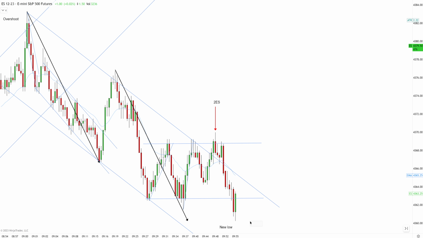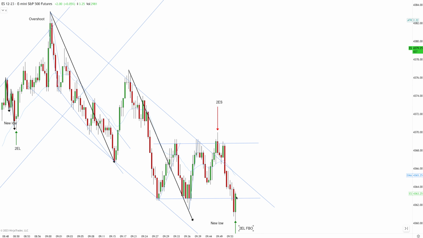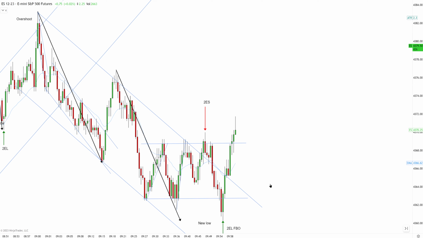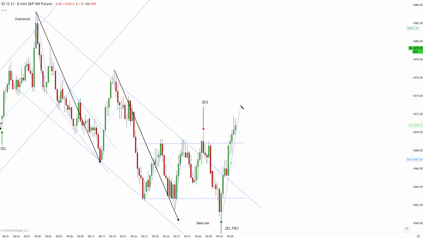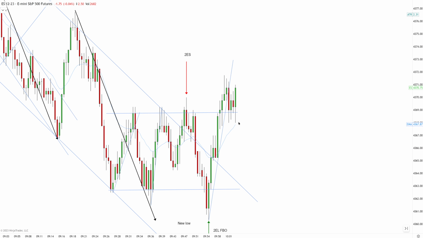So this right here is a second entry long, little fell breakout, and you can take nice bullish bar. How big is the bar? 3.25, so actually quite big. So you need to use probably limit order, and market continues working higher. We have a second entry long, but we are far from the EMA, so we cannot go long just yet. We are still trading this trend range, so we gotta be careful. Now, had it been closer to the EMA, this probably would have been more tempting,